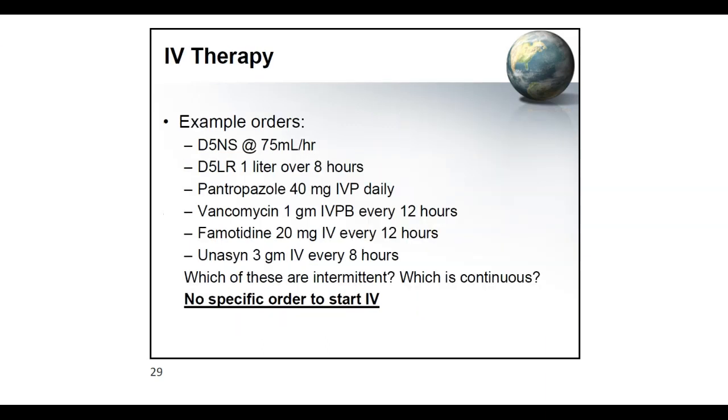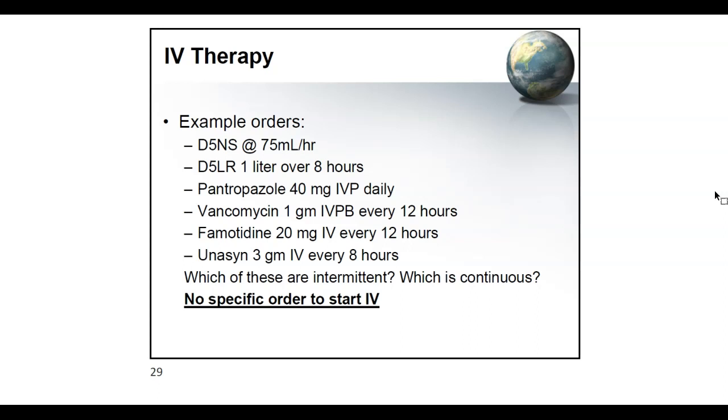All right, let's talk about IV therapy. These are examples of orders for IV therapy. D5NS at 75 mL an hour. See how the D5NS is your type of fluid, and then it tells you the rate, 75 mLs per hour. There will be instances wherein the doctor or provider will order